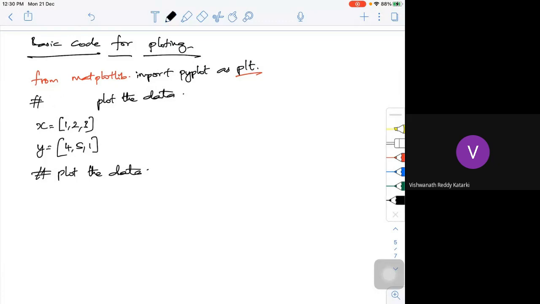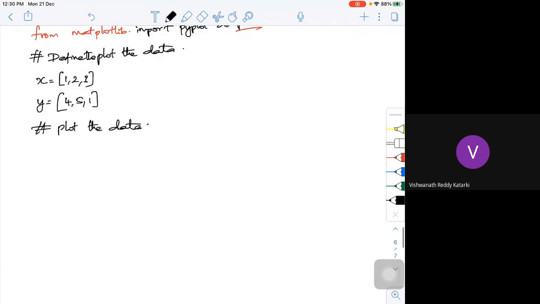To plot it, what is the command? I am going to use plot. The plot is the function I am going to use: plt.plot, with x, y.